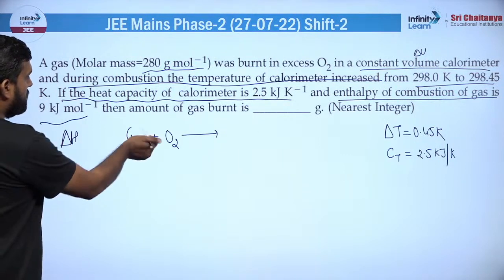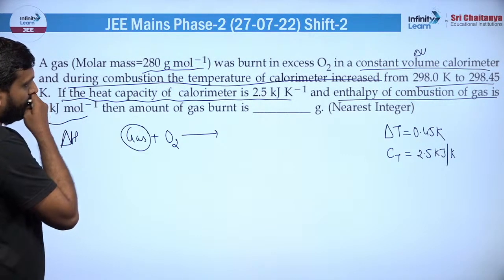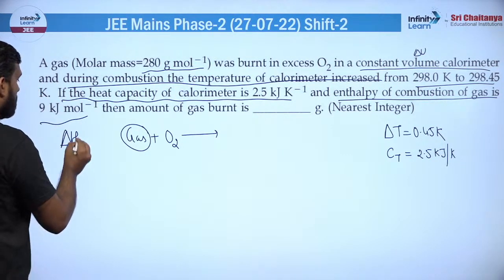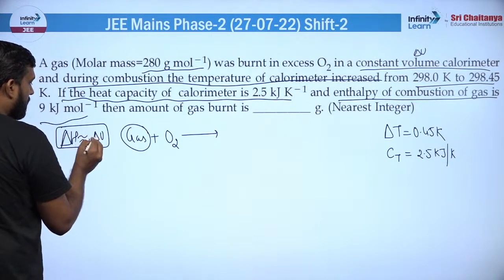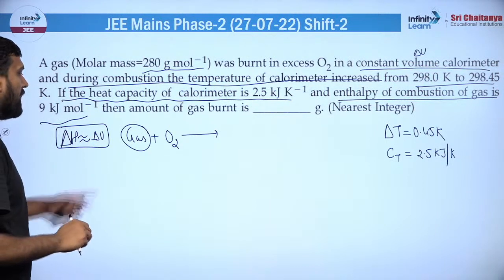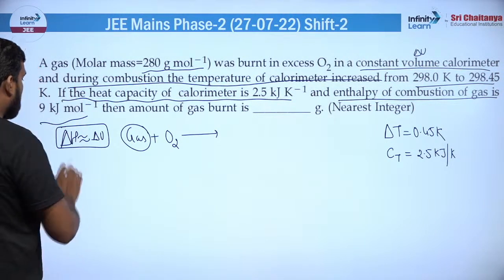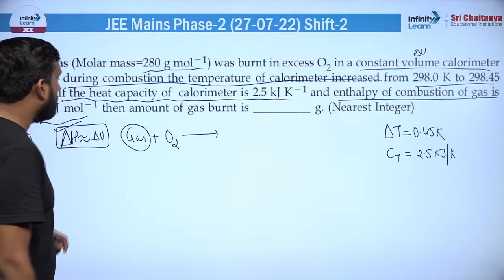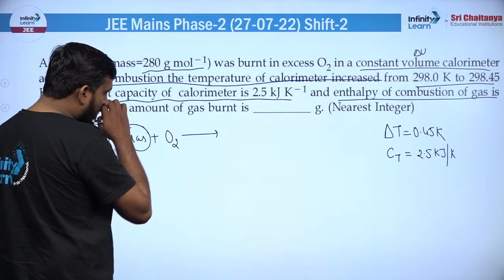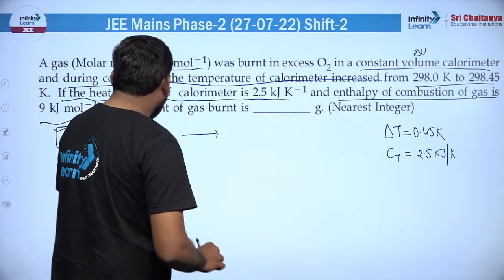अच्छा, इस क्वेश्चन में एक प्रॉब्लम है, और प्रॉब्लम ये है कि आपको इस गैस के बारे में कुछ पता है नहीं एक्चुअली। तो हमें यह मानना पड़ेगा कि जो डेल्टा एच है वो अप्रोक्सीमेटली डेल्टा यू के बराबर है। ये हमें मानना पड़ेगा क्वेश्चन, बिना उसको माने आप नहीं कर पाओगे क्वेश्चन को। अच्छा, डेल्टा एच अगर डेल्टा यू के बराबर है तो फिर क्वेश्चन को कैसे अप्रोच करेंगे।